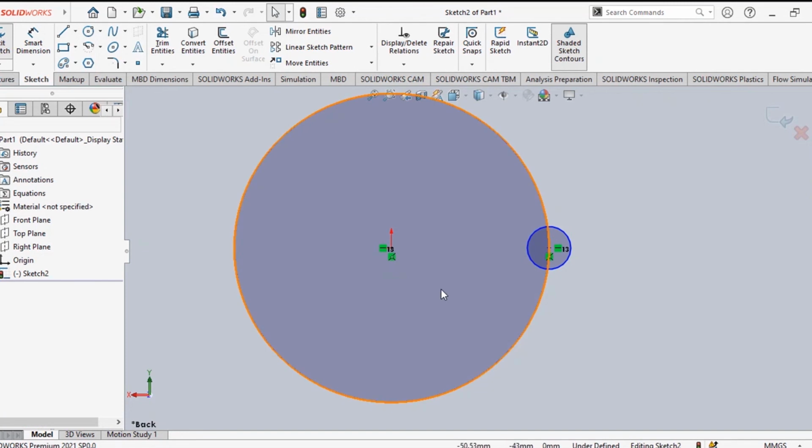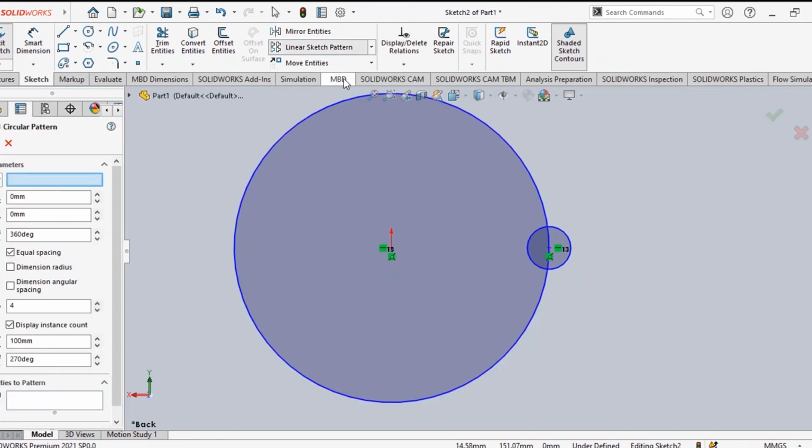This drawing is accepted. Next, you have to select the circular sketch pattern. Again, the first thing it is asking for is the axis. That means with respect to which point or which axis you want to make that pattern. In the case of linear pattern it was the axis, x-axis or y-axis. Similarly it is asking for the axis, that means the central line. For making this a central axis for the circular pattern, you have to select this as the center one. This is the center pattern, right? Selected the center line.